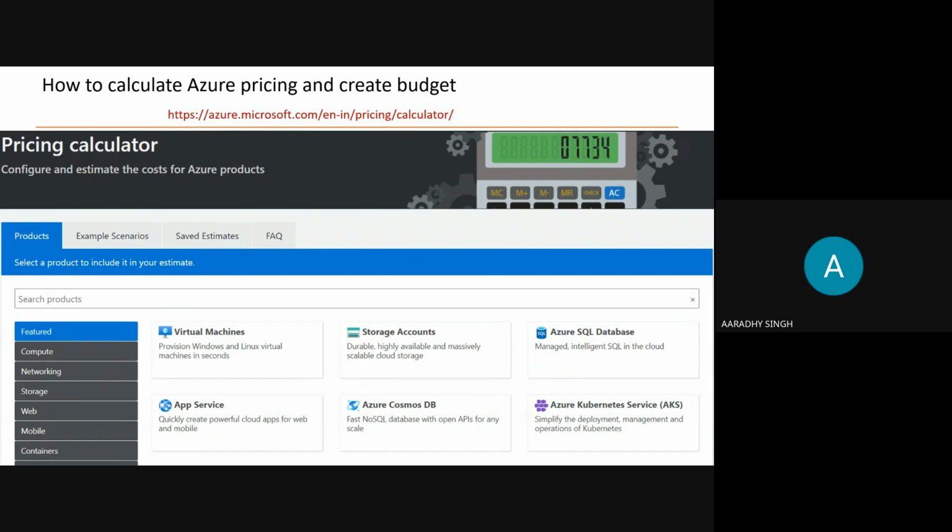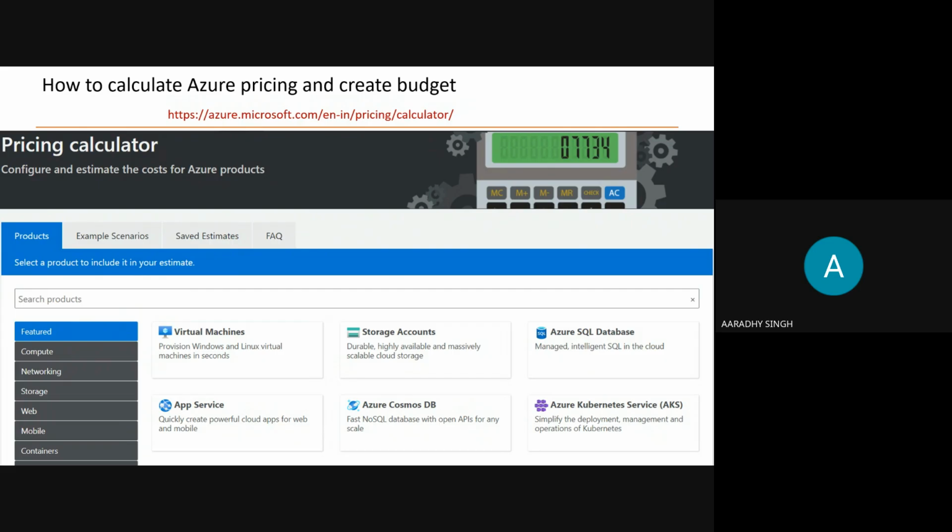But still companies are using it, and remember, they are paying also. The problem is the cost is very high. If you can optimize the cost by 30%, 40%, you'll be popular within the organization. I'm talking about any company, everywhere. There are very few people who are good at optimization.